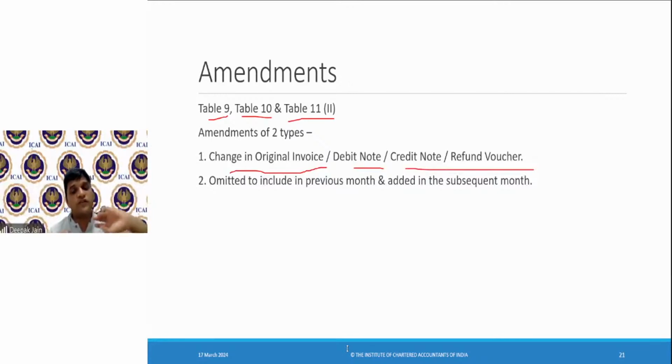Invoice number 1 to 50 I have issued. I have uploaded all the invoices from 1 to 50, but invoice number 15 got missed out. But that was a genuine sale. Now, invoice number 15, I had supplied to Nishtala. Nishtala is saying to me, sir, you have supplied me, but my credit is not appearing. So next month, when I file the return, I can include it. That is also permitted. Clear?